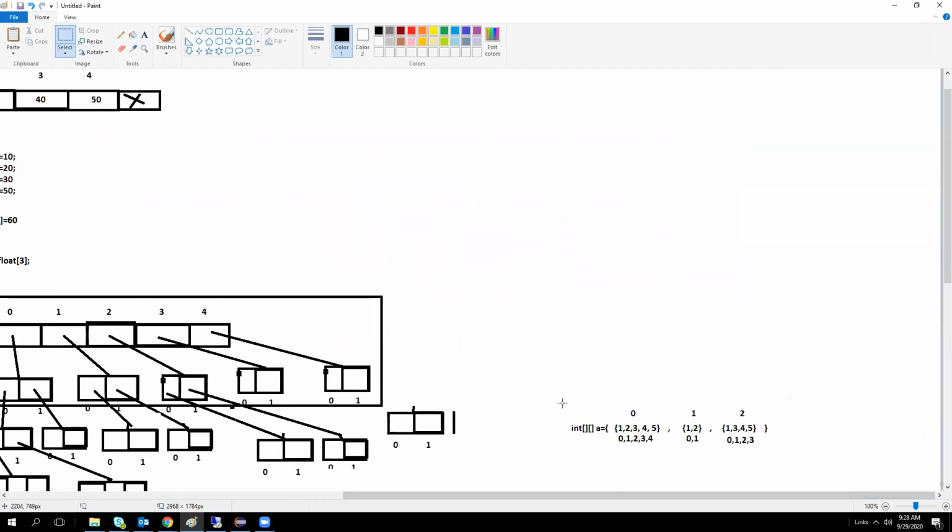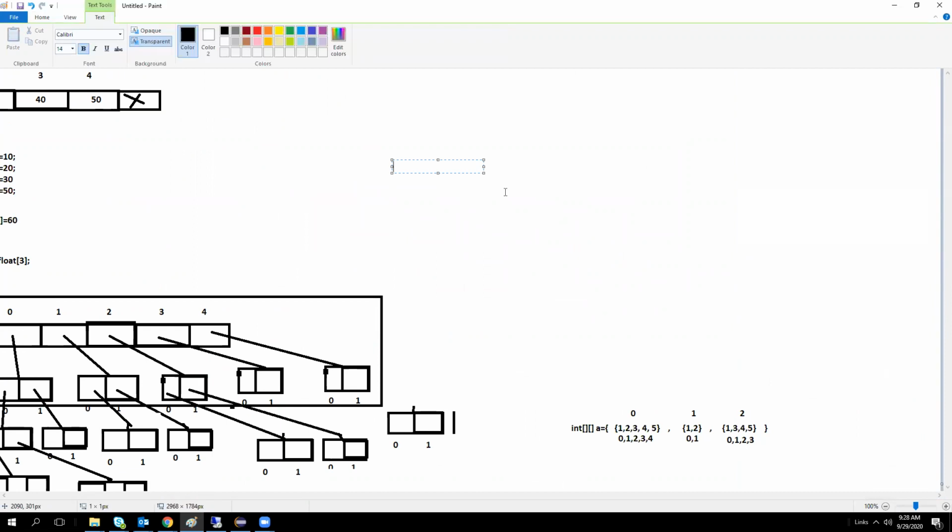If you want to create a 2-dimensional initialization, then for 3-dimensional, how are we giving the square brackets? 3 square brackets, 3 boxes. This is a 3-dimensional array. A is equal to, we are giving the values directly. We are initializing the values within the braces.